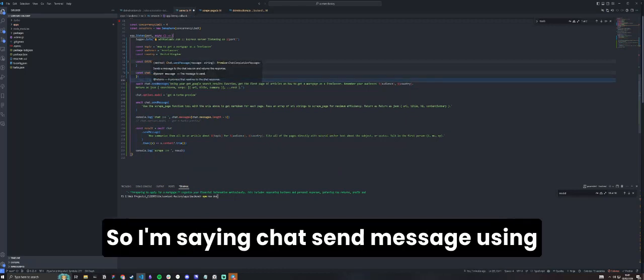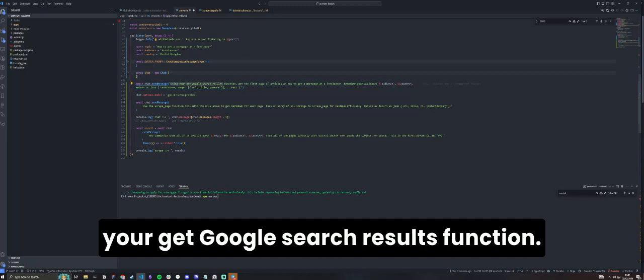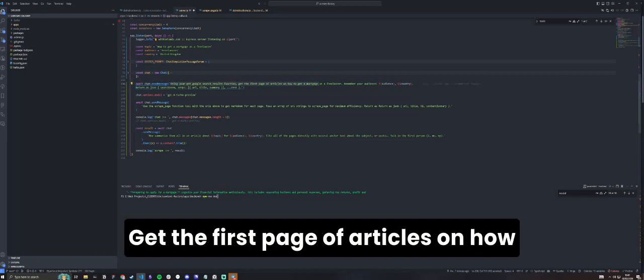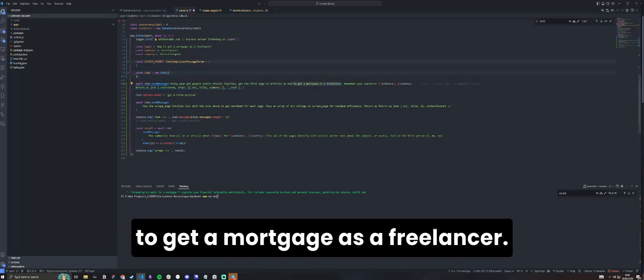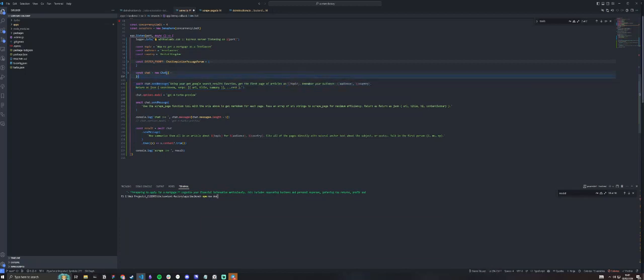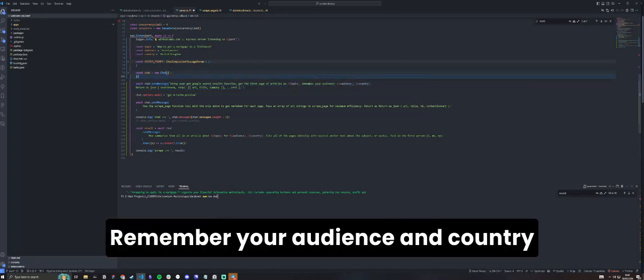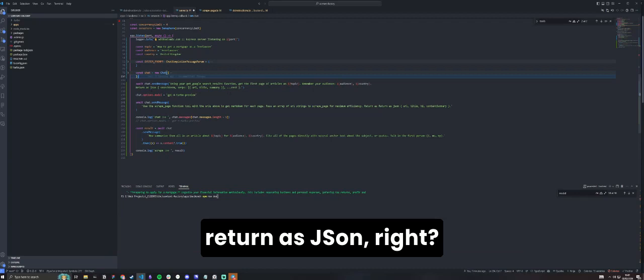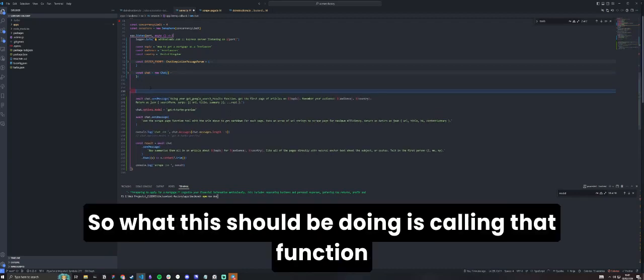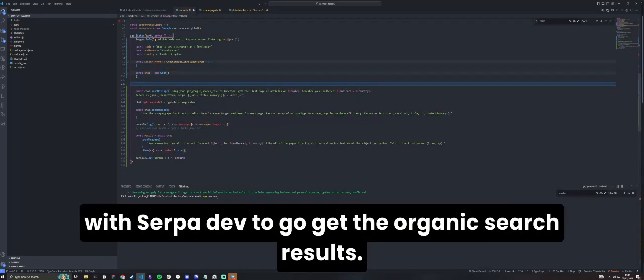So I'm saying chat.sendMessage: using your getGoogleSearchResults function, get the first page of articles on how to get a mortgage as a freelancer. And actually, do you know what? I should just put the topic in there. Remember your audience and country. Return as JSON. Right, so what this should be doing is calling that function with serper.dev to go get the